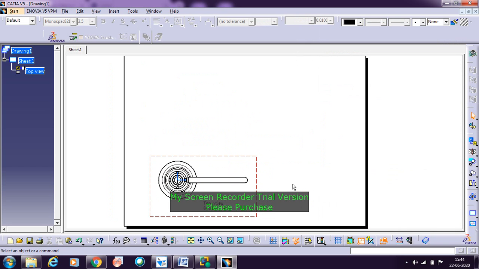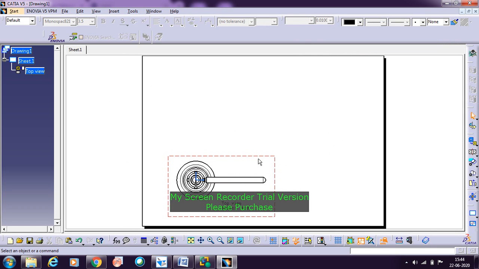So in the sheet, now it is fitted properly here. It has occupied some space in the A4 sheet. It came inside. Earlier it was crossing the A4 sheet. Now I need to take the sectioning here.